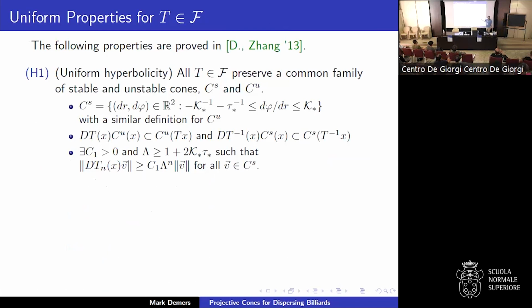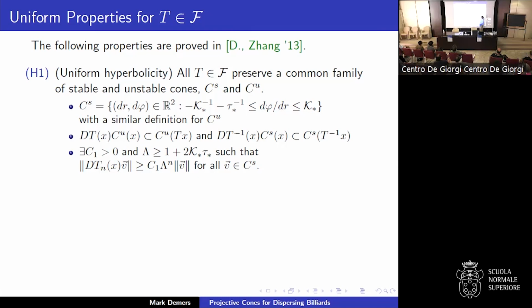These are consequences of having fixed those three numbers. They give you cones. So you have hyperbolicity away from the singularities. Singularities here come from the tangential collisions. So as long as you stay away from tangential collisions, you can define the cone in terms of just tau star and K star, right? And then,